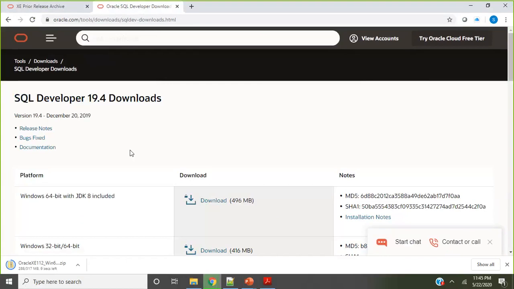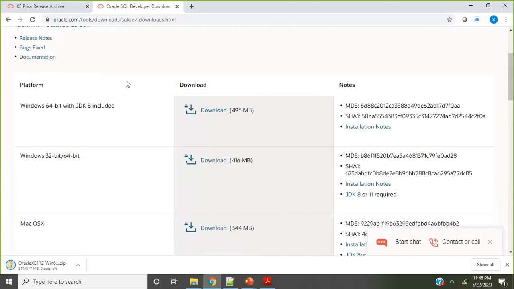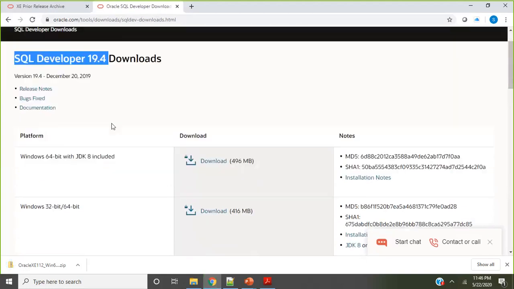Here again you have a couple of options. The first one is Windows 64-bit with JDK included. Just to let you know, the SQL Developer tool needs Java up and running on your computer in order to run successfully.